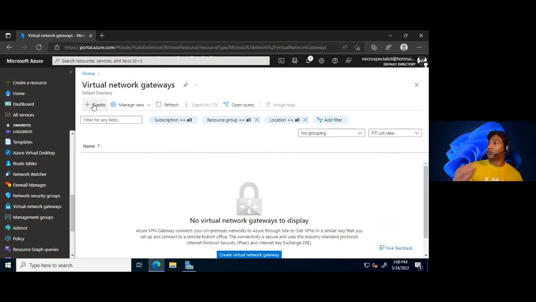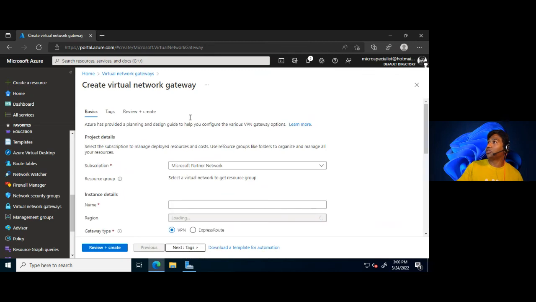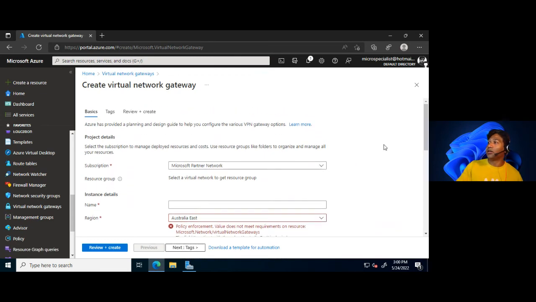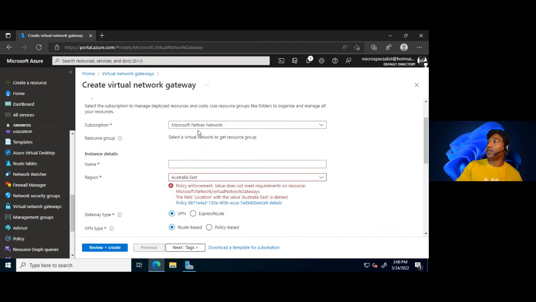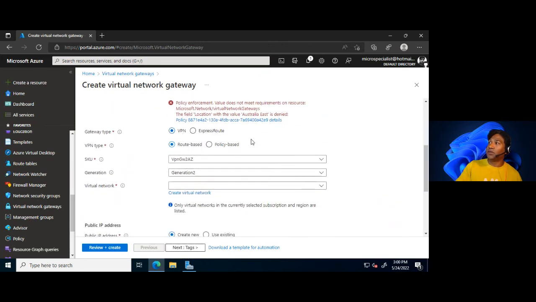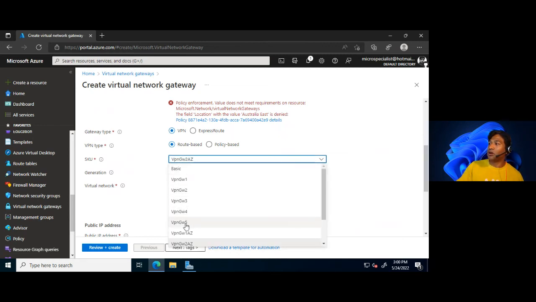I'm not going to really go through with the entire wizard, but just to quickly show you, to create a VNet virtual network gateway is just specifying the subscription, the region, resource group, and then the VPN or gateway type. So if you're going to set up an ExpressRoute or a VPN, and then the type of connection, if you're doing route-based connections or policy-based. So the SKU just really depends on the number of circuits and connections that you want to allow